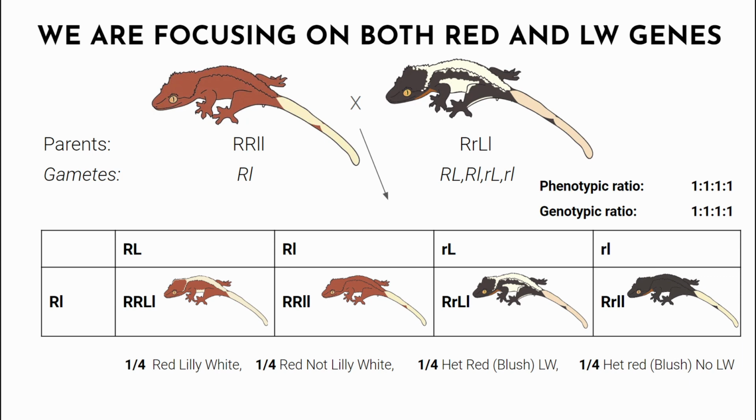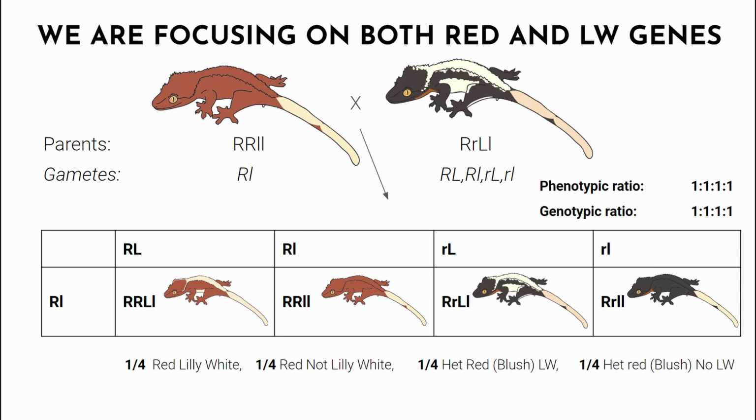Since we have more than one mutation, we're going to use letters that indicate what mutation we're talking about. So instead of using big A, we're going to use big R for the red mutation, and instead of using big A, we're going to use big L for the lily white mutation. Now, let's pair up a red not lily to a heterozygous red lily, therefore a lily white that has a